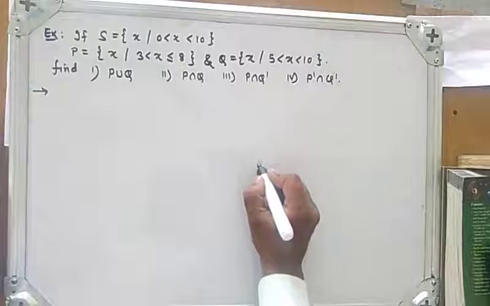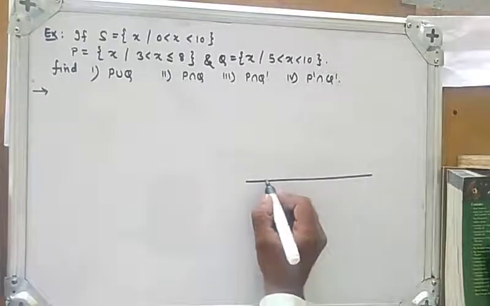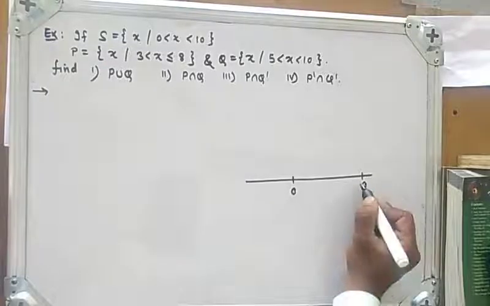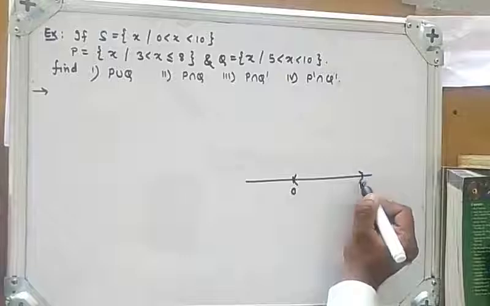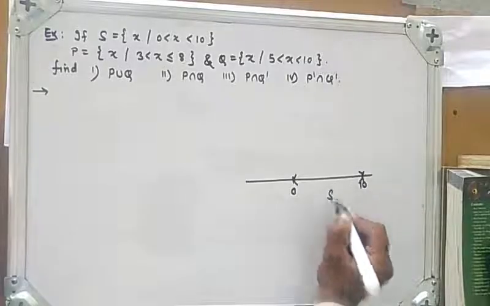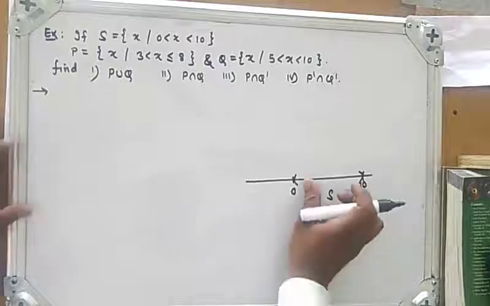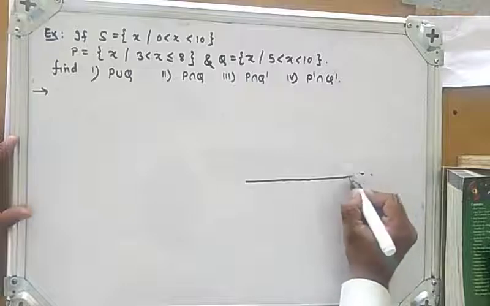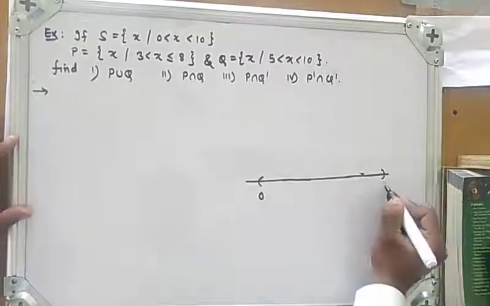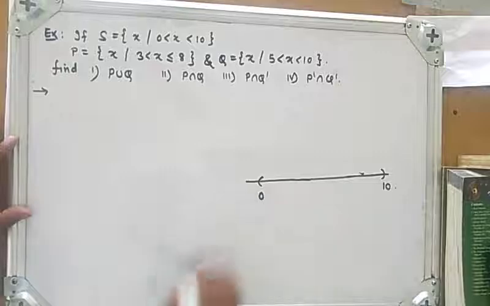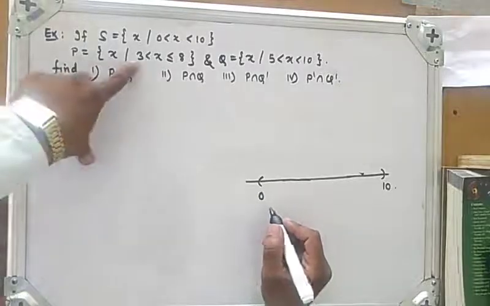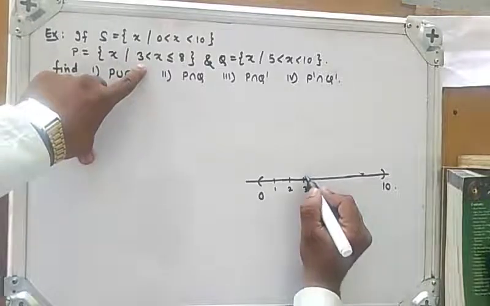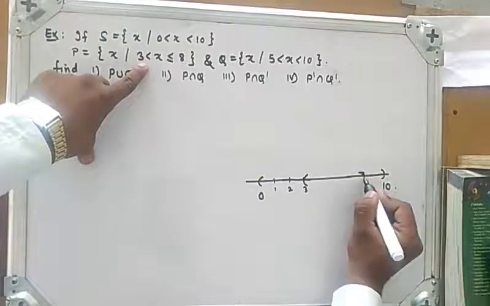Now let's see the sample space S. This is on the real line we have given. So here is 0 and here is 10. Here is an open interval, so this is an open interval for sample space S. I will extend it, so there is a small space. Here is 0 and here is 10. So this is sample space S. And P we have given. So here suppose 0, 1, 2 and 3. So 3 here is less than, so open interval, and here is something 8.